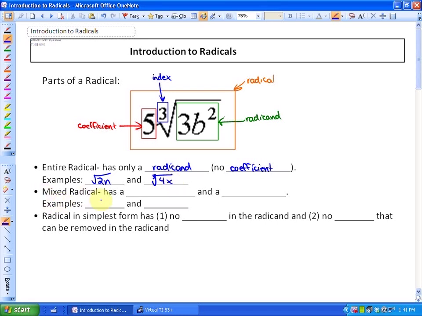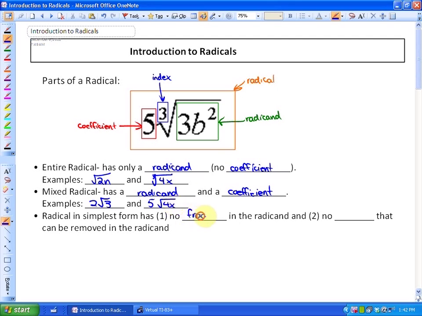A mixed radical, on the other hand, has a radicand and a coefficient. So an example of a mixed radical would be something like 2 root 3 or 5 root 4x. Finally, a radical in simplest form, if we're asked to put it into simplest form, has absolutely no fractions